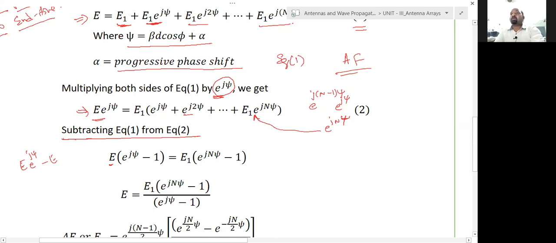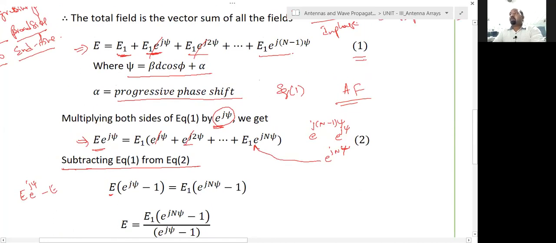On the right hand side, this minus this, so this term and this term will get cancelled, and this term will get cancelled, right? And this term, what is the term before this? The term before this is e1 e power j n minus 1 psi. So this term and this term will get cancelled, and we are left with e1 e power j n